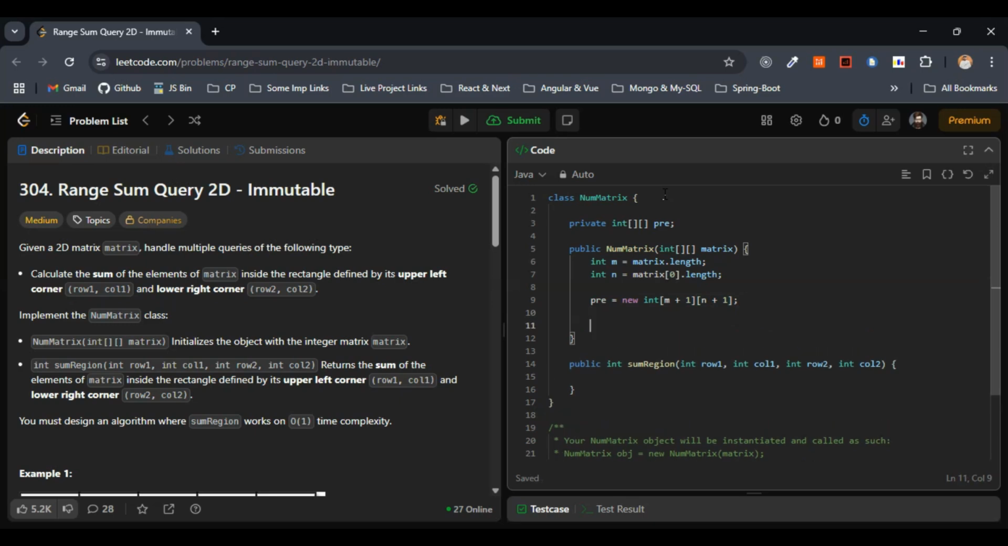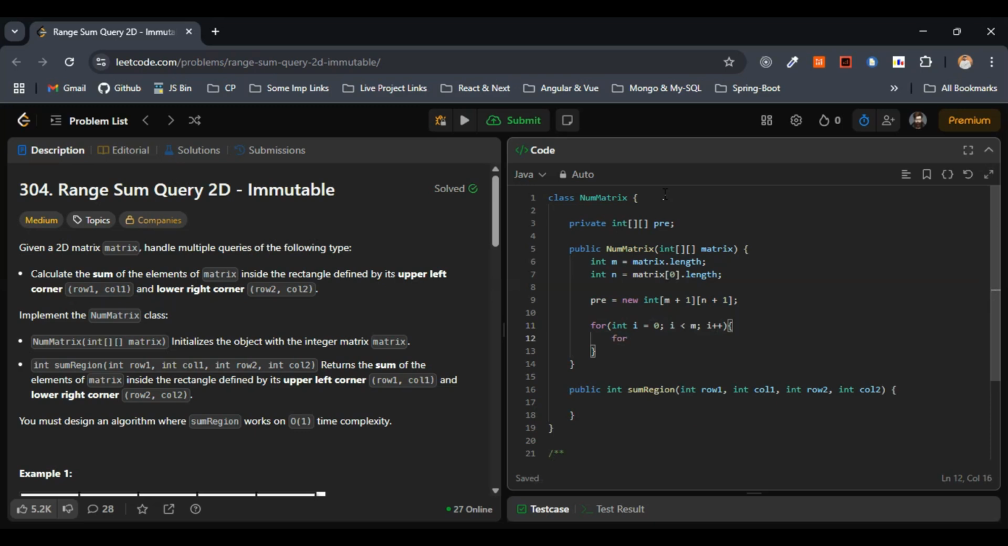After doing this one, let's build the prefix sum matrix. We know the formula, so let's just build it. I'll write it in the form of code rather than explaining more. This is for the rows: int i equals 0, i less than m, i plus plus. This is fine. And for this one, int j equals 0, j less than n, j plus plus. Within this for loop, we'll go with the formula. So this is the formula. Prefix of i plus 1, j plus 1, equals